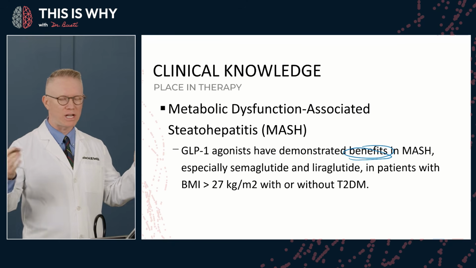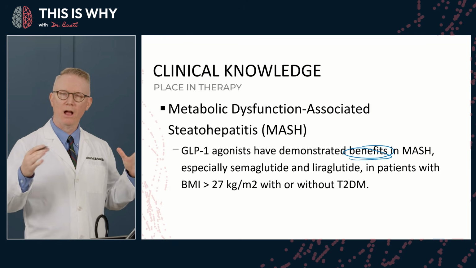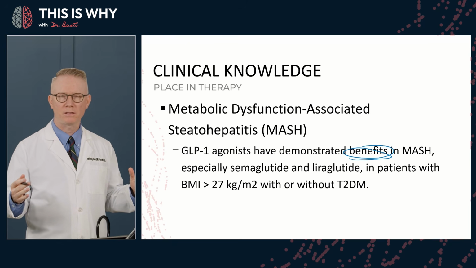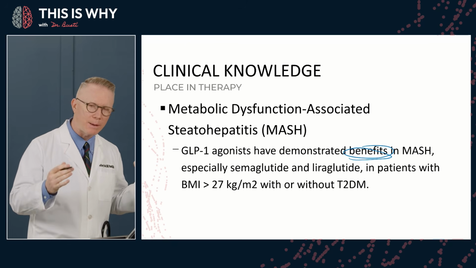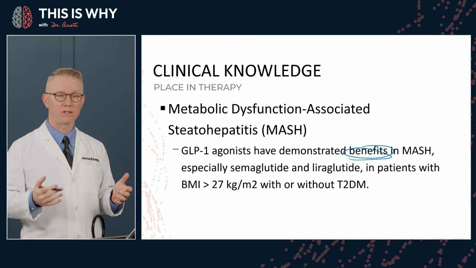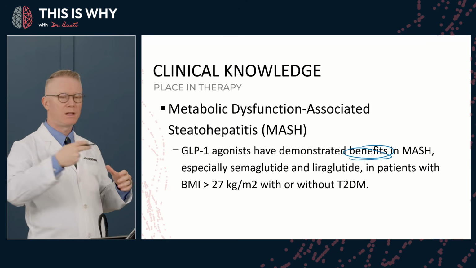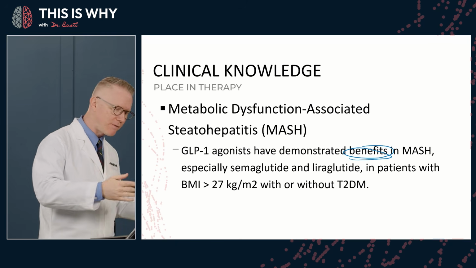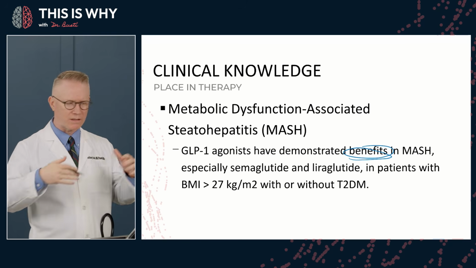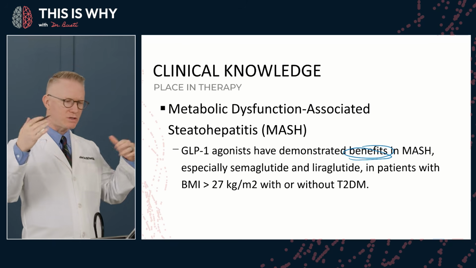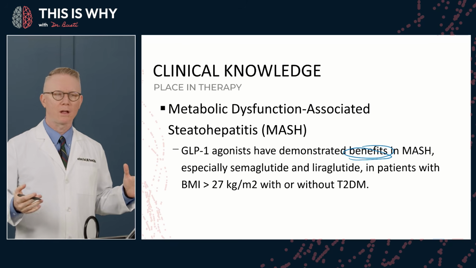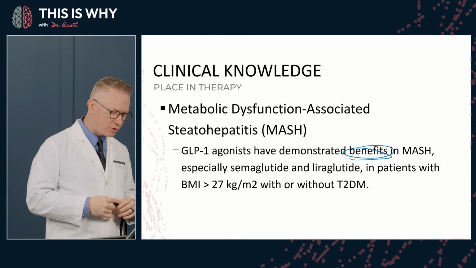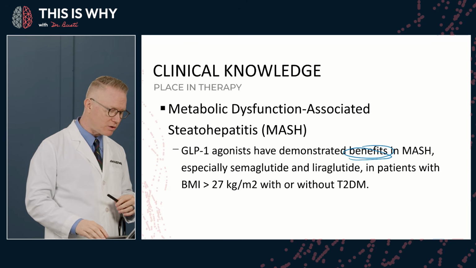I get the changing in terminology. Don't get hung up so much on that rather than understanding the underlying problems going on. And so these patients develop these metabolic dysfunctions that extend beyond just the liver. It affects the blood vessels, it affects the lipids, it affects the kidneys, eyes, nerves. All of it starts to compound, which is why we're so aggressive at trying to get these patients under good